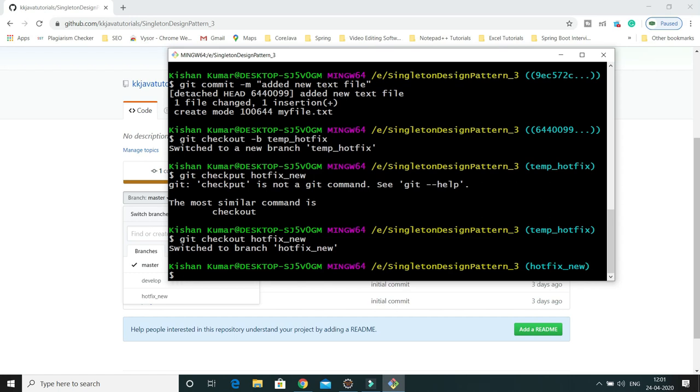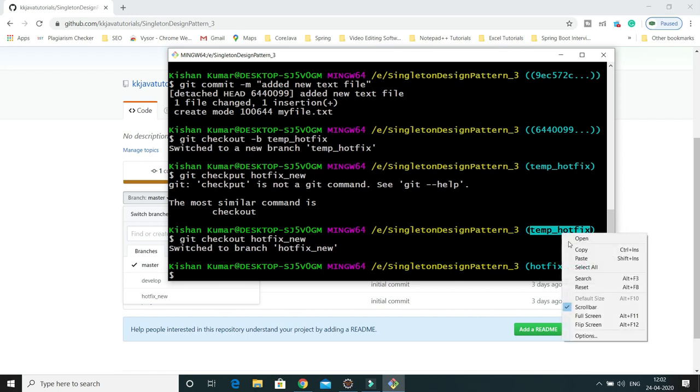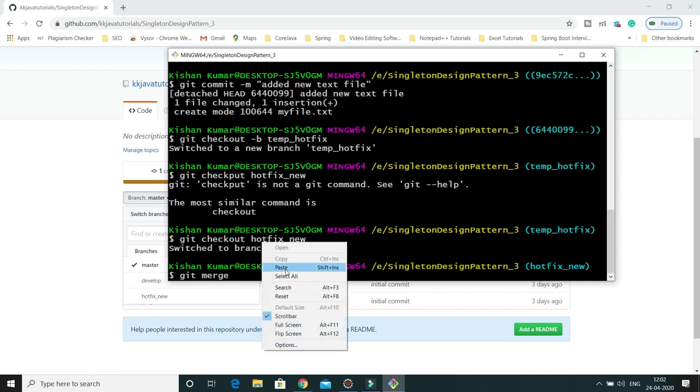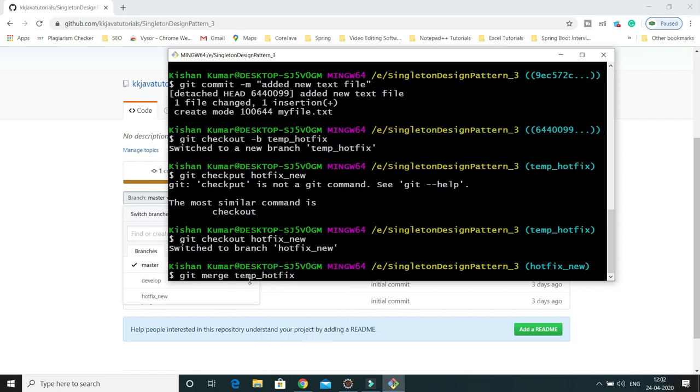Now I can merge my newly created branch to this hotfix underscore new. For that I would say git merge, and then that branch name, this branch I want to merge on my current branch.